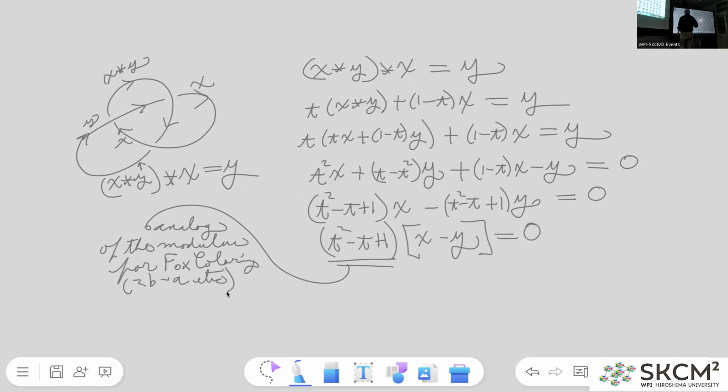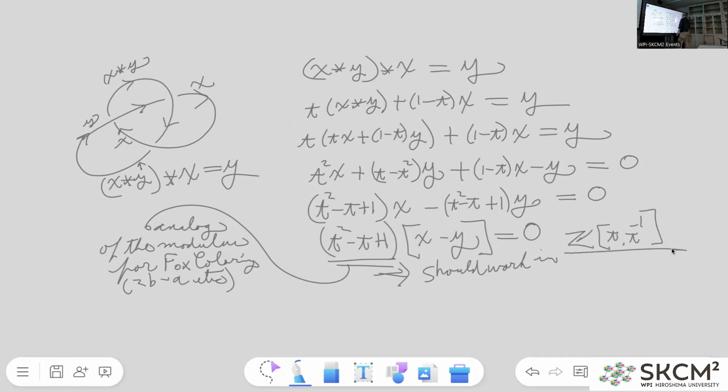It's the analog of the modulus. It's a scalar. It's like a number, but it's now up leveled. It's a polynomial, it's a Laurent polynomial, and this Laurent polynomial is going to have to kill off anybody in the module, right? So that means that we must work in T, T inverse, modulo setting this polynomial equal to,